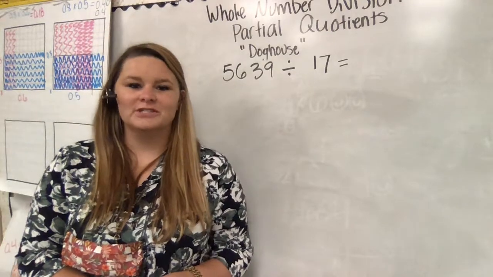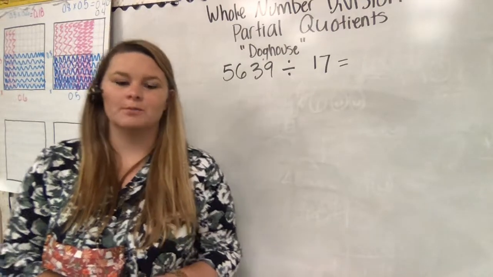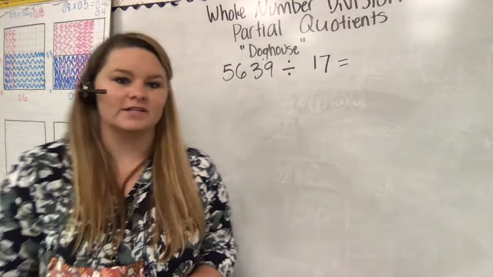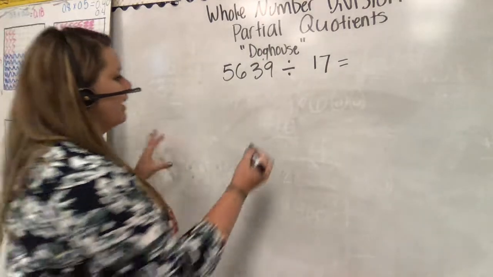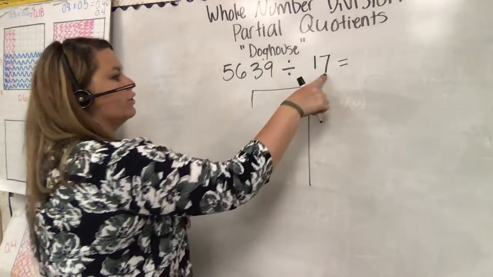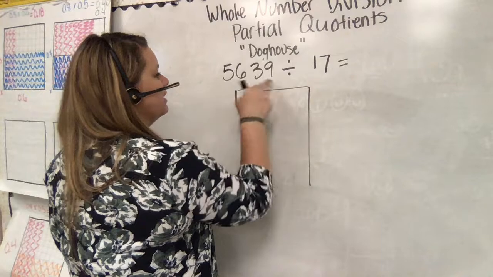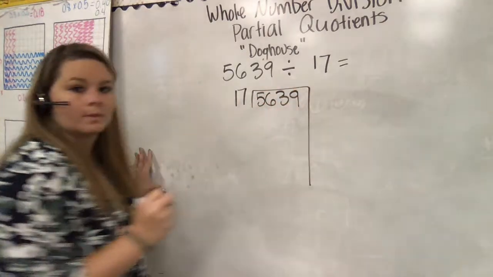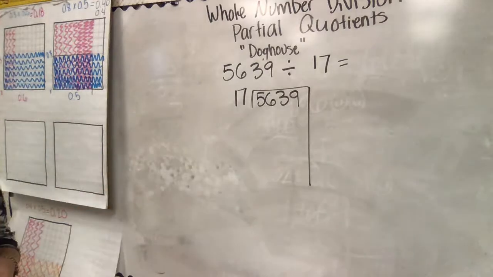Hi, so in this video, I'm going to show you how to divide whole numbers using the partial quotients or doghouse strategy when you have a two-digit divisor. So we're going to start the same way as we did with the single-digit divisor by drawing our doghouse and putting our divisor on the outside and our dividend inside, just like this. Okay, and so we're going to start the same way